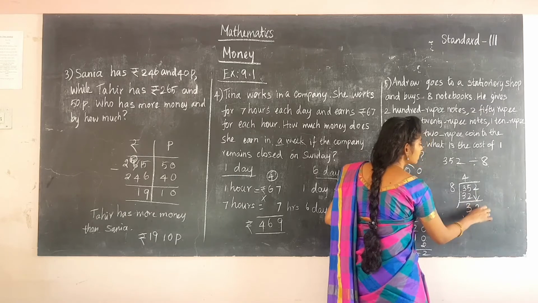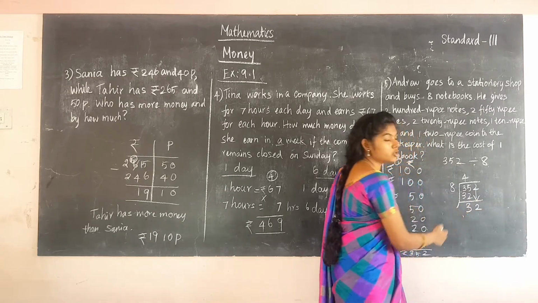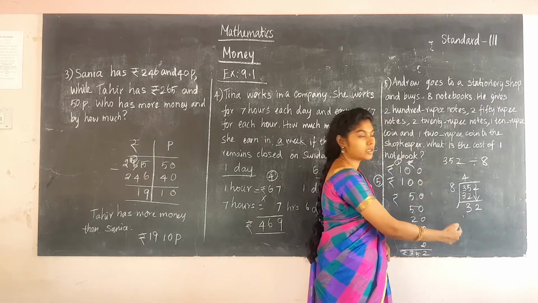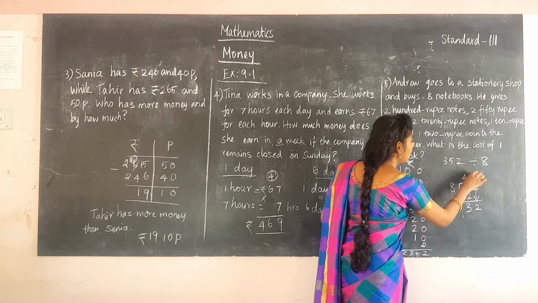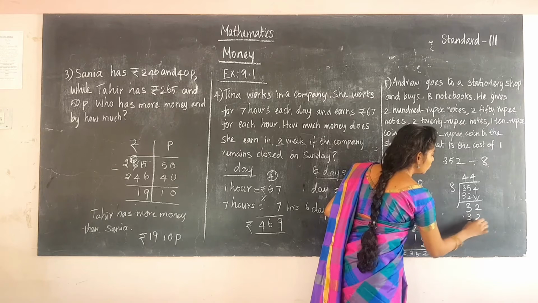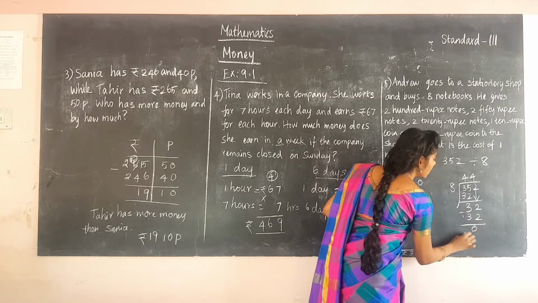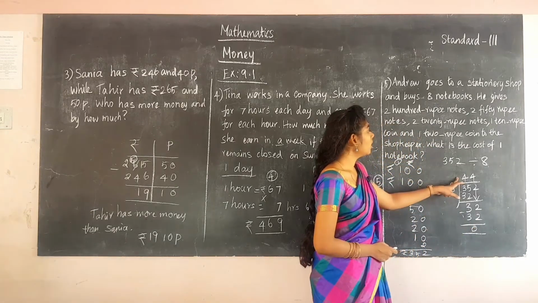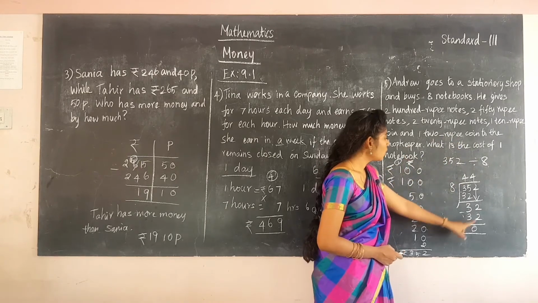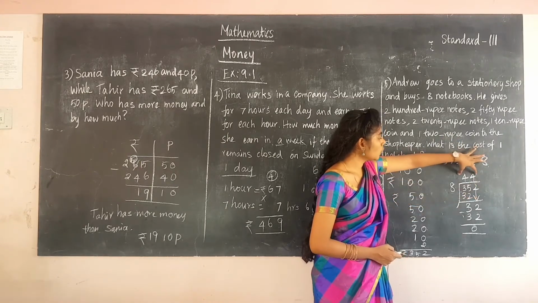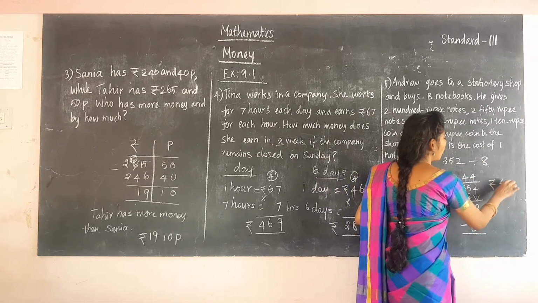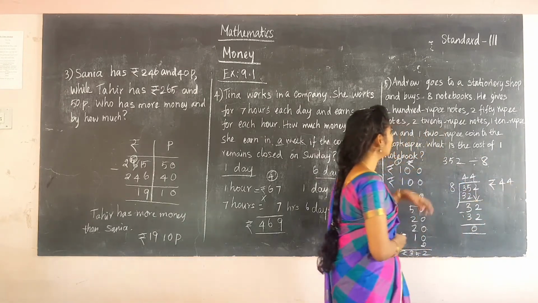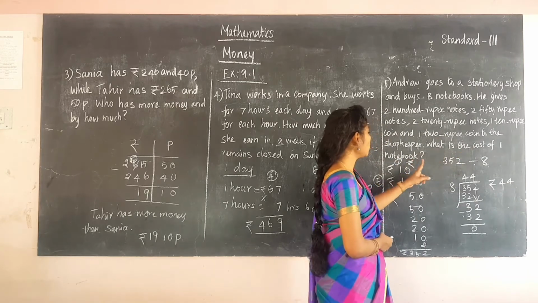Why are we taking the next number down? While comparing, this number is smaller, so you have to take the next place. So I have taken it down. 32. Again 4 eights are 32. So while subtracting, it is 0. So for one notebook the cost is rupees 44. The quotient is the answer. So he pays rupees 44 for one notebook. What is the cost of one notebook?